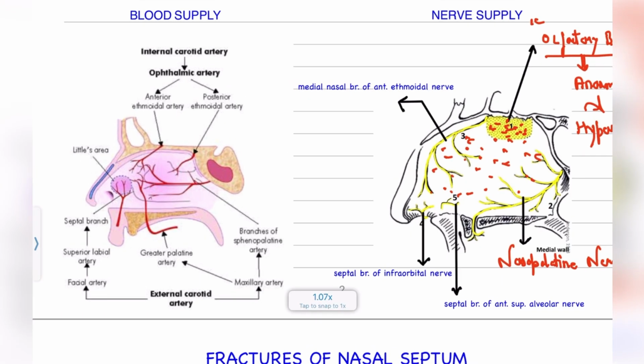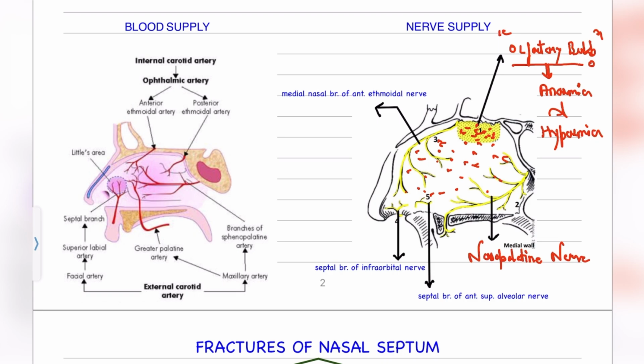Okay, now let's discuss the blood supply. Although I've discussed the blood supply in detail in the section of epistaxis, for the sake of completion, let's discuss the few arteries here. So, external carotid artery gives two branches, maxillary artery and facial artery. Facial artery further gives branch, that is the superior labial artery. Superior labial artery gives a branch, that is septal branch. All right, so septal branch of superior labial artery,